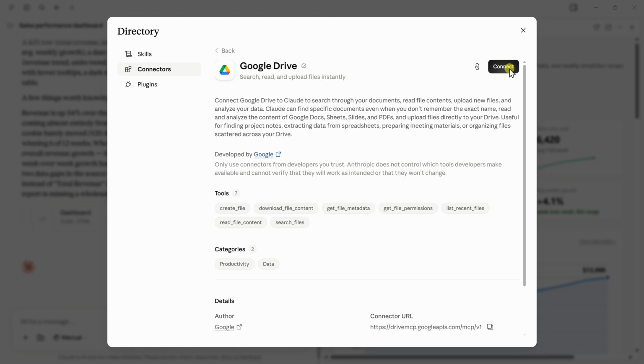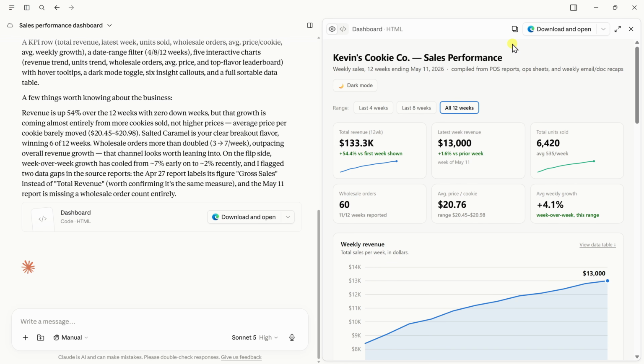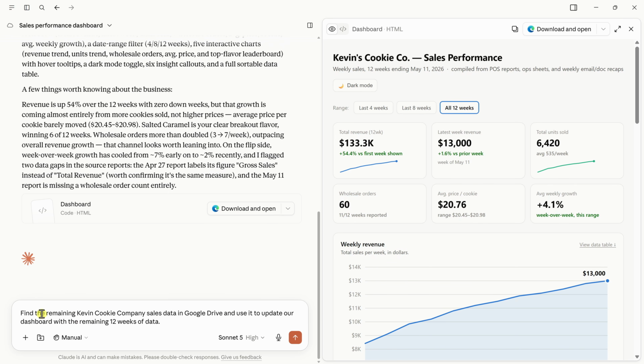And in the top right, let's click Connect again. Now that we've connected to Google Drive, let's go back to our conversation. Now that we've connected Google Drive, down below in Cowork, I'll type in my prompt, find the remaining Kevin Cookie